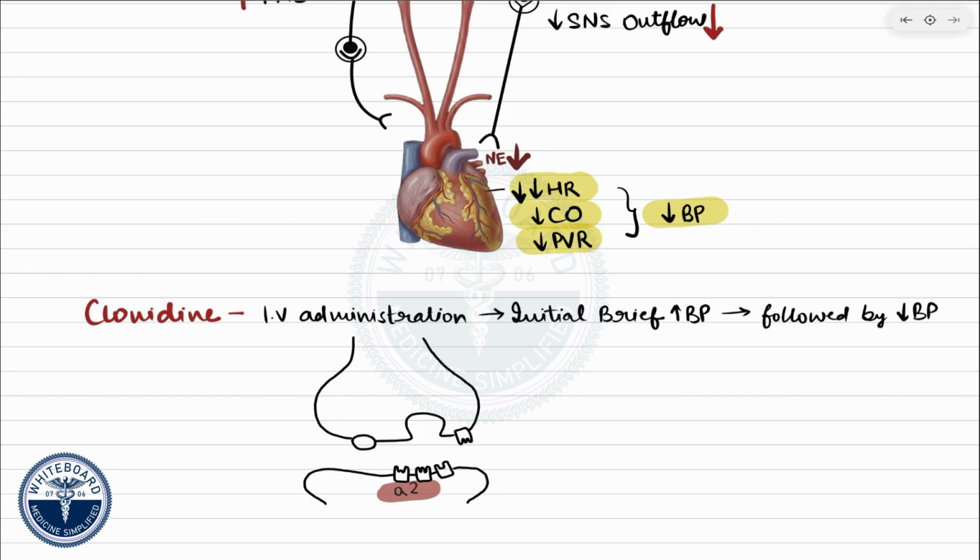Although alpha 2 receptors are predominantly located presynaptically and within the central nervous system, a small population of postsynaptic alpha 2 receptors is also present on peripheral vascular smooth muscle. Under normal circumstances, these receptors contribute very little to cardiovascular regulation. However, when clonidine is administered intravenously, it briefly reaches a high concentration in the peripheral circulation before entering the brain. During this short period, it can stimulate these peripheral postsynaptic alpha 2 receptors, producing transient vasoconstriction and a temporary rise